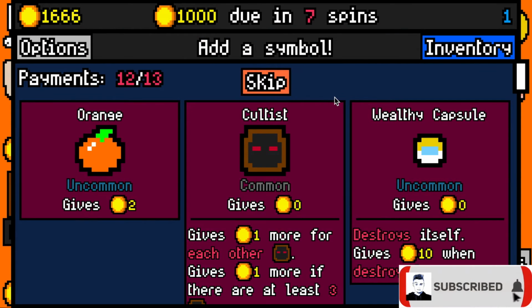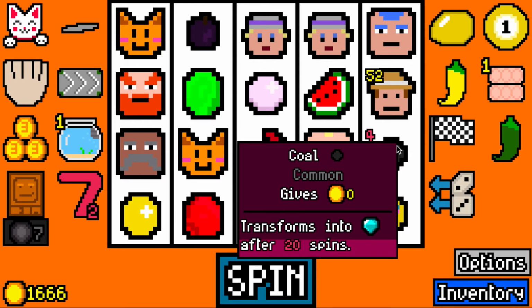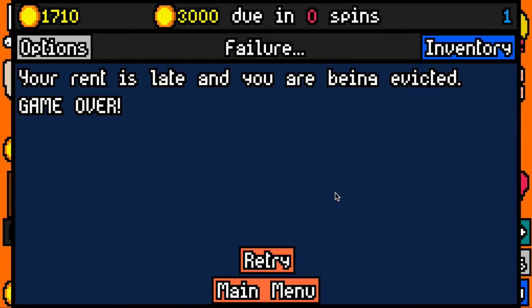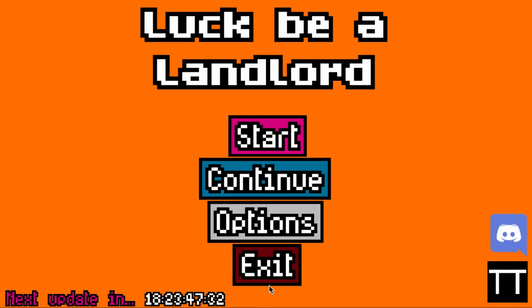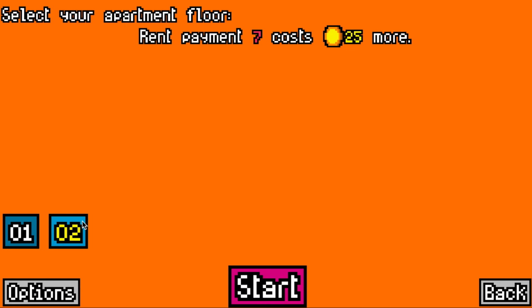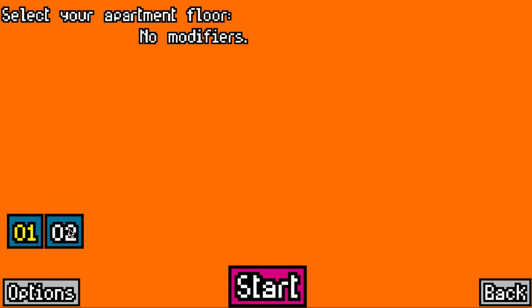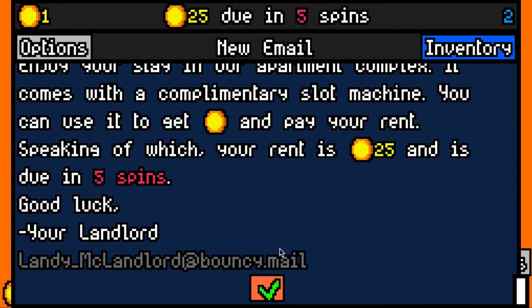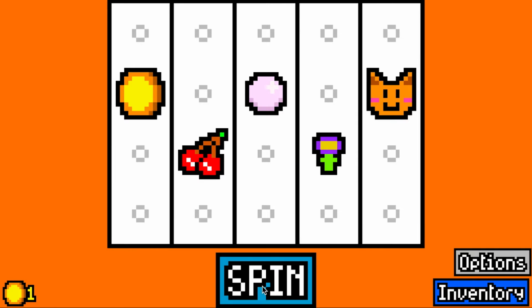But making decent spins per turn, but definitely not a sun run by any means. Okay, we have reached the end of the run now. Let's jump back to the main menu and see. Now, rent payment 7 costs 25 coins more on floor 2. So let's give it a shot and see what the deal is with the rabbits, because it